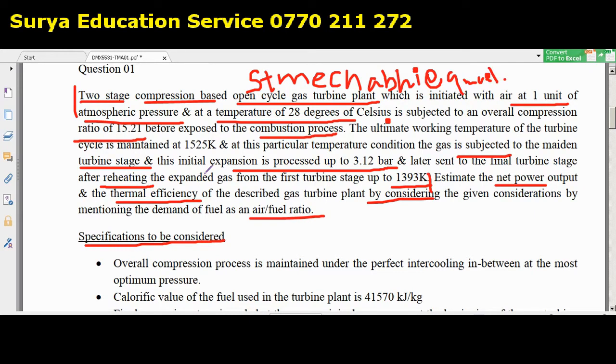Now again, please clearly understand the problem. This system is basically a two-stage compression based problem. All the plant circuit and all the theoretical stuff are explained from A to Z from the very beginning, if you continue this lecture video. And I also have a very special piece of advice for you. Don't think that just before your final examination, just before your thermodynamics paper, by studying a 5-minute or 10-minute YouTube video you can get a good idea about gas turbine plants. It will never happen. So please spend the time, don't go for shortcuts, right?